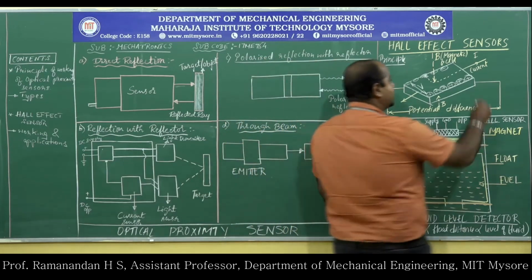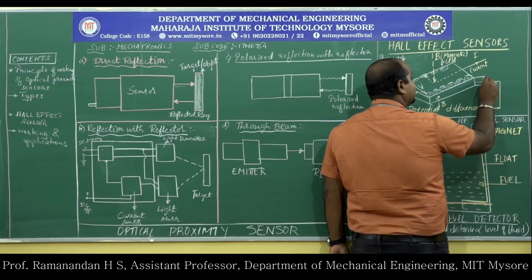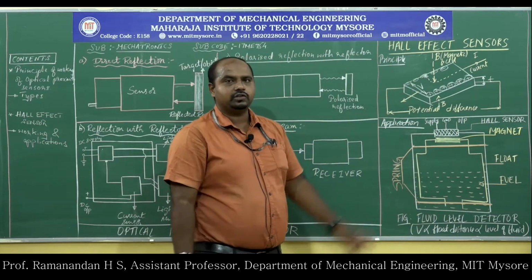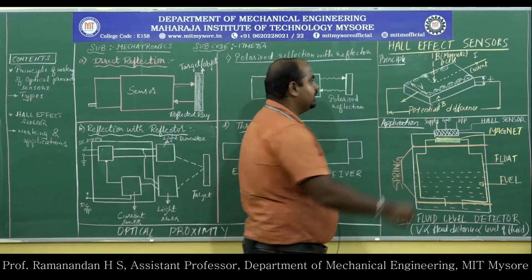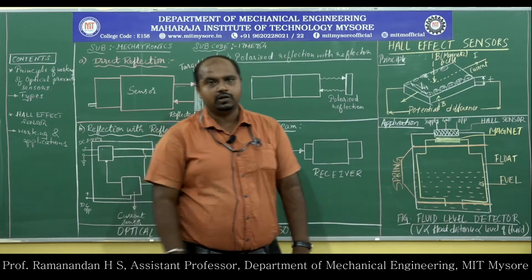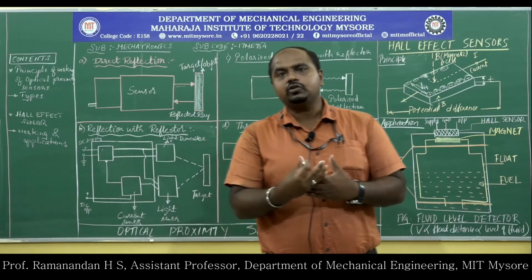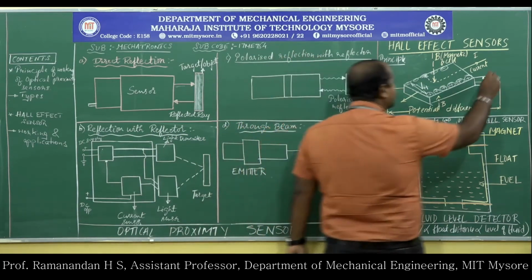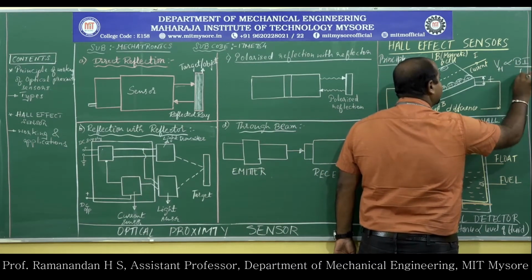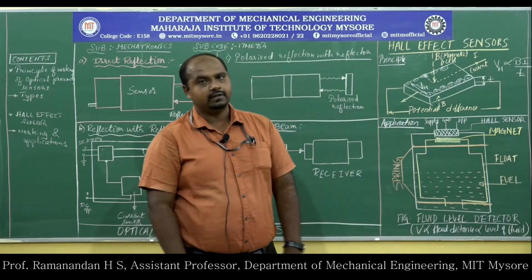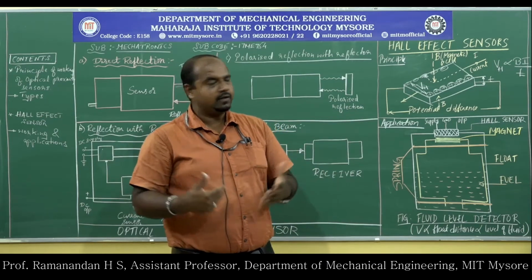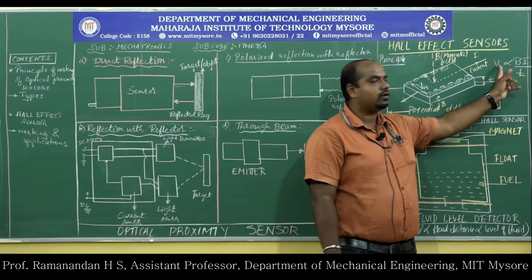This usually depends on the thickness of the material, which is also one of the important factors. Thickness is inversely proportional to the Hall voltage. This voltage V which is generated is called VH, the Hall voltage. VH is directly proportional to magnetic field B, current I, and inversely proportional to thickness T. So as the thickness increases, Hall voltage decreases. Is that clear? But if the magnetic field is too strong, Hall voltage is too high.